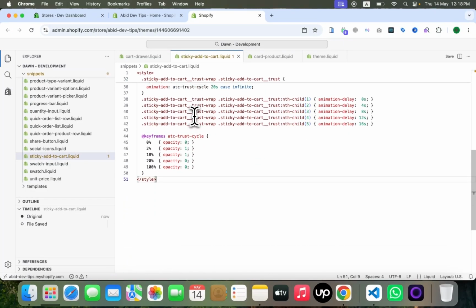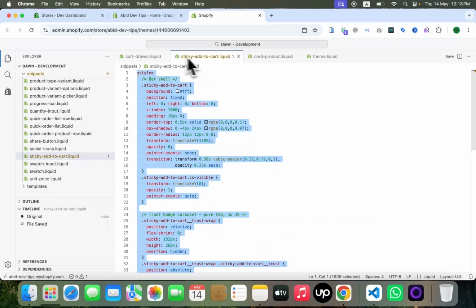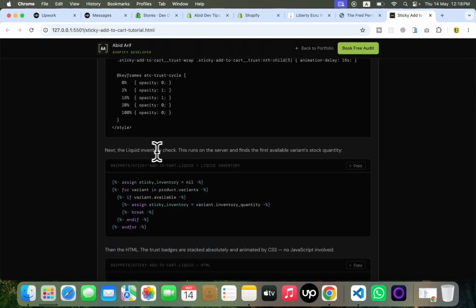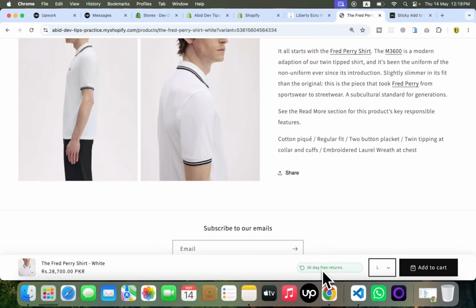This is the CSS file, the CSS of the sticky add to cart bar. Next, the liquid inventory check. This is the product badge. This is the inventory check.